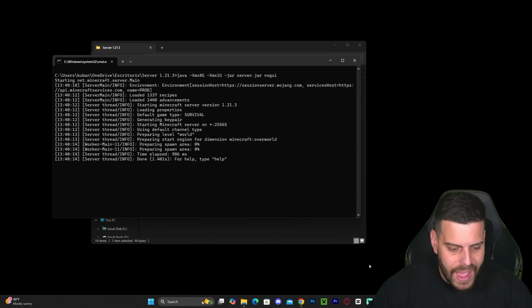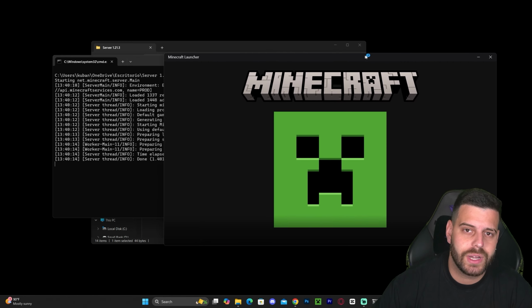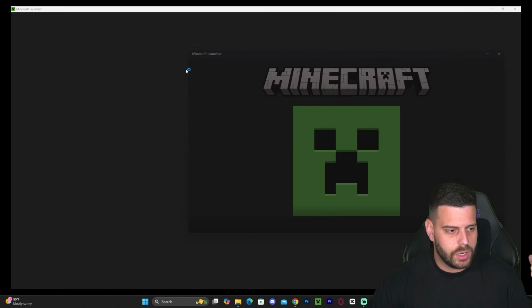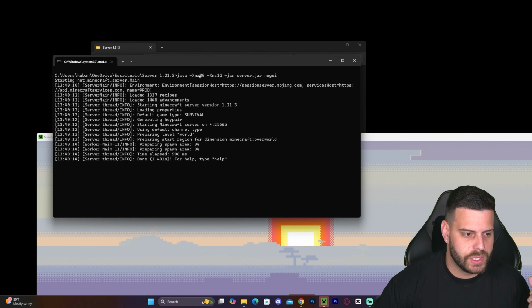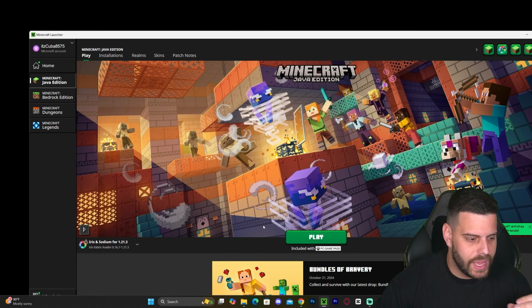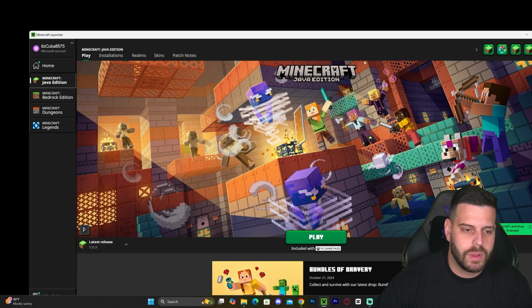Our server is open, and if we actually open Minecraft again, we could join our own server exactly the same way that we had joined earlier. But now we're running an 8 gigabyte server. As you can see on top in here, it's 8 gigabytes. Okay, so that is pretty much how to run a server with the custom amount of RAM that you want to use,